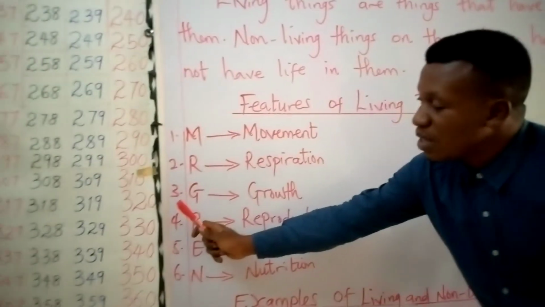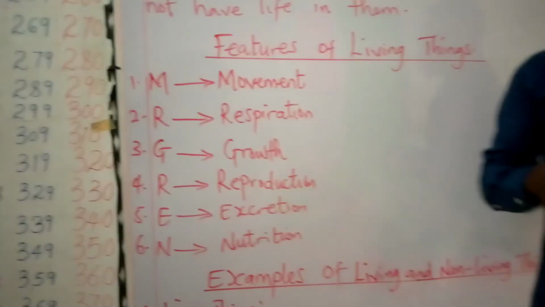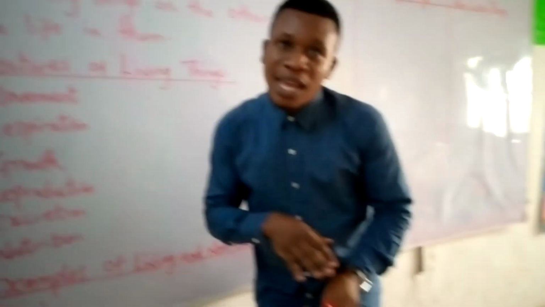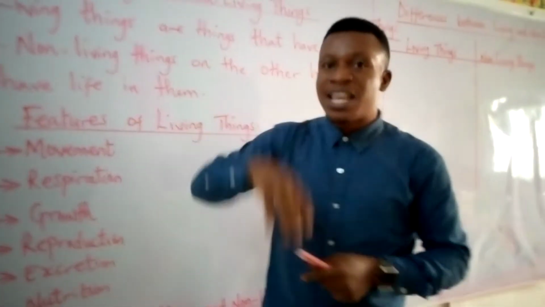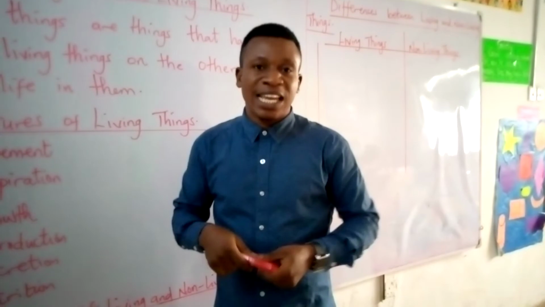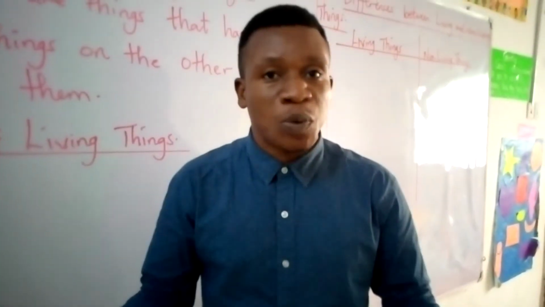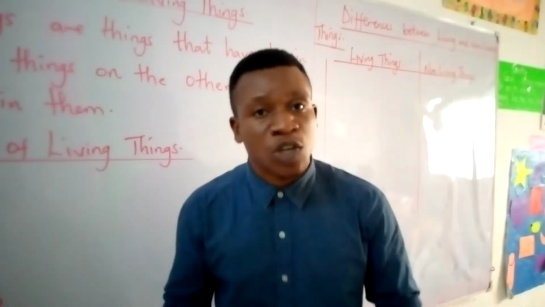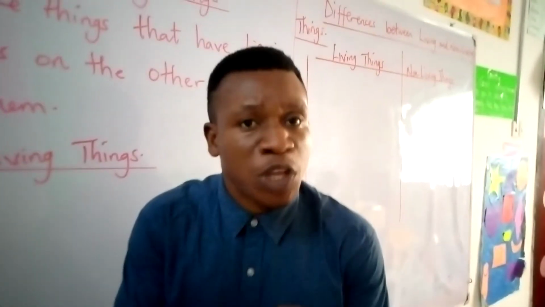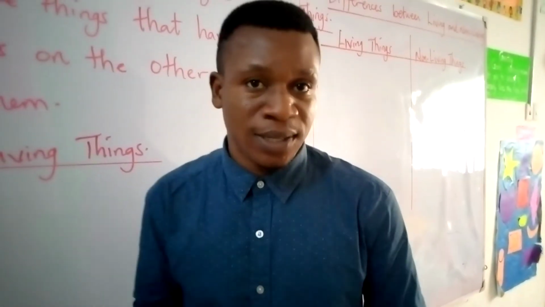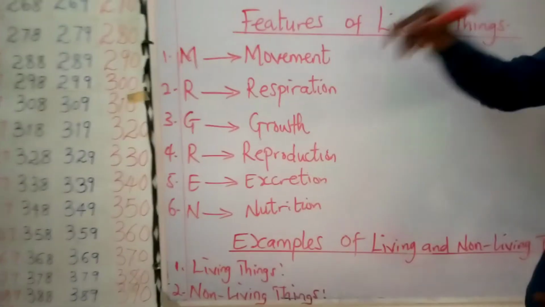Okay. The letter G stands for growth. Remember, when you were born, you were a very small baby, and now you're a big girl, you're a big boy. This is because you are growing. And very soon you also grow like mommy and daddy, and you also have your own babies, and they will also grow. So all living things must grow. Just like a baby puppy will definitely grow to become an adult dog.